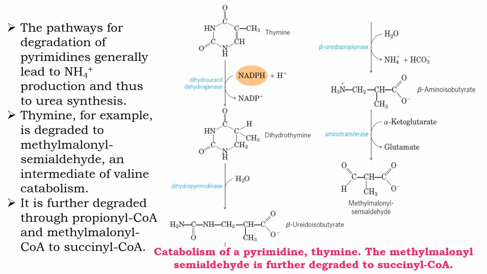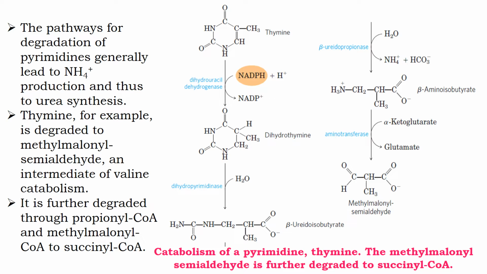So this thiamine can be converted into dihydrothiamine, and this dihydrothiamine can be converted into beta ureidoisobutyrate. So this is an open structure. You can see here, this is a cyclic structure and this is an open structure. Now this dihydrothiamine can be converted with the help of water into beta